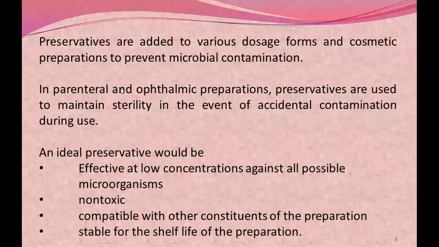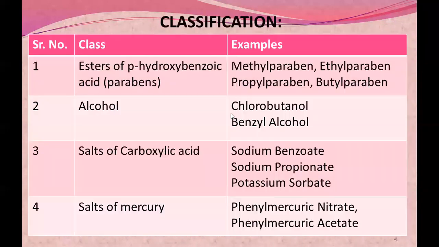Next, this is the classification of preservatives that are commonly used. In this classification I have classified the examples or drugs depending on their chemical nature. So depending on the chemical structure we have classified. Number one is esters of para-hydroxybenzoic acid. Now you should imagine the structure: ester of para-hydroxy. So basically this is a benzoic acid having a hydroxyl group at para position, and esters of that carboxylic acid are